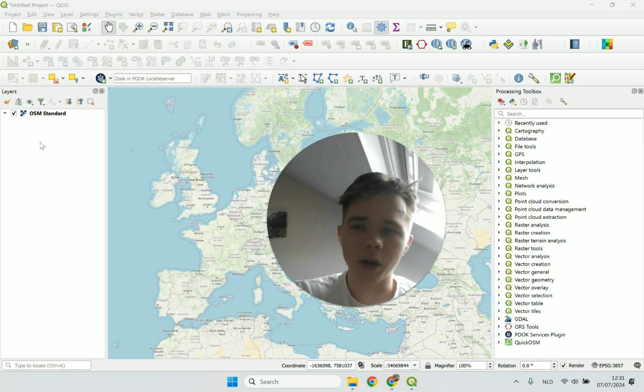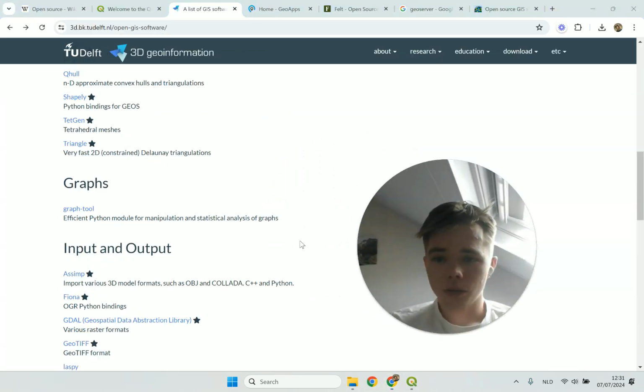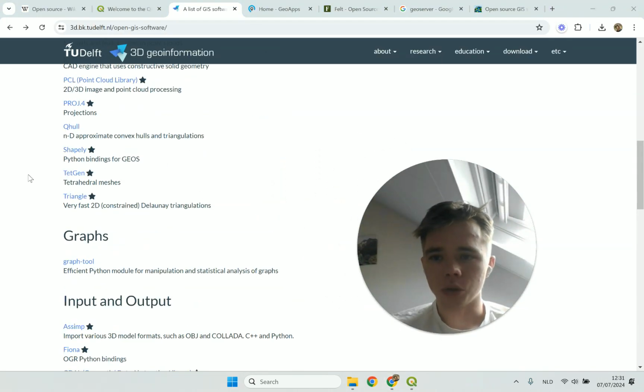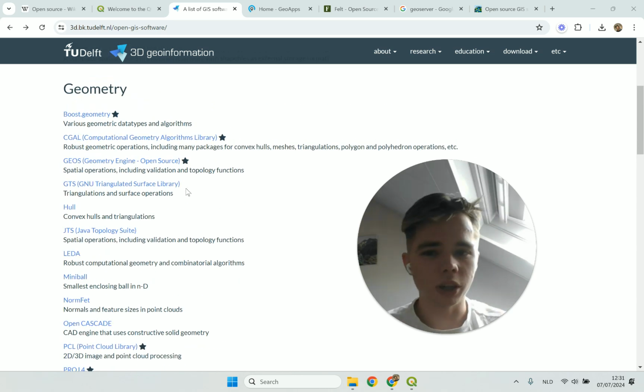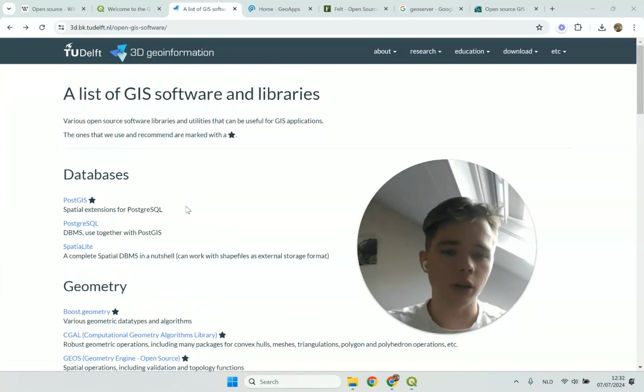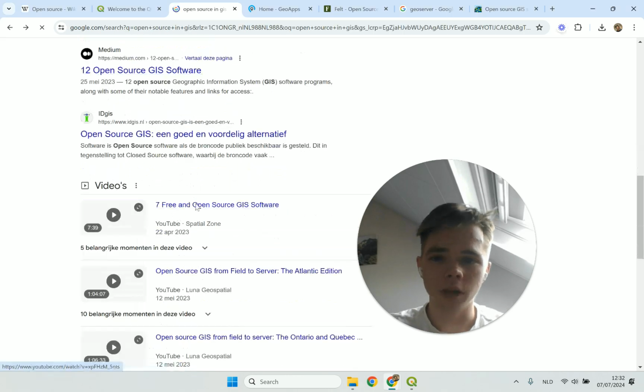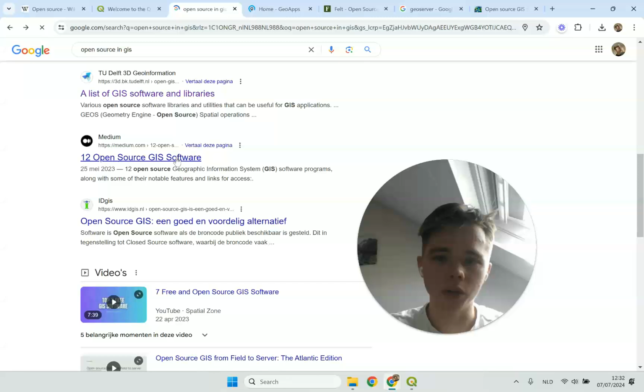However, you can see the benefit of using open source in general. At least that's what I hope for. So here we have another list of open source. If you want to know more about particular packages or particular data formats, you could obviously Google that and find the specific things that you want to know, like maybe there are different software programs that you want to